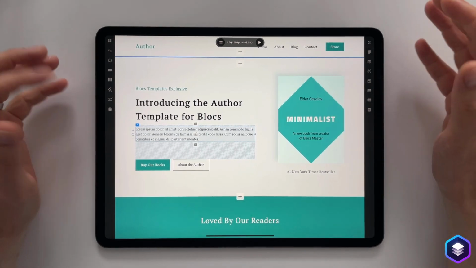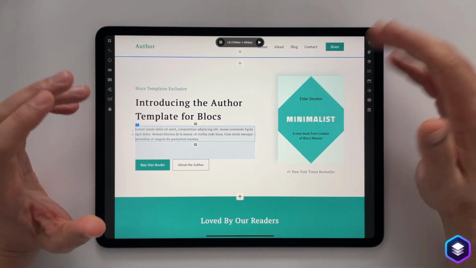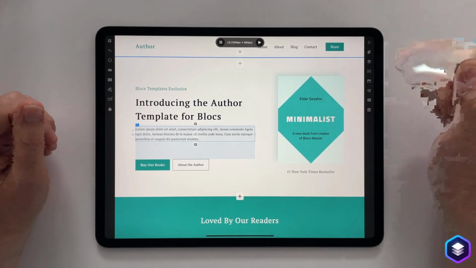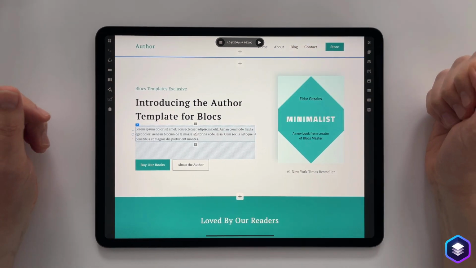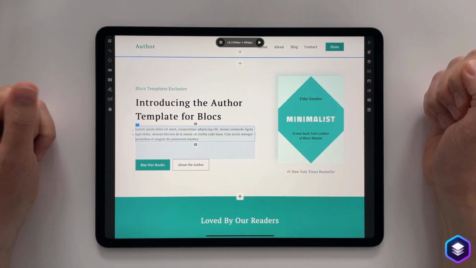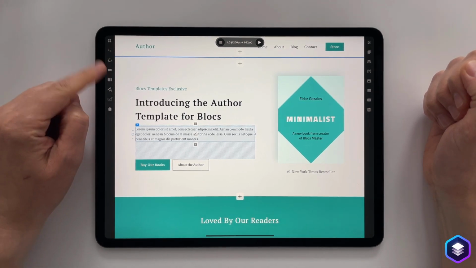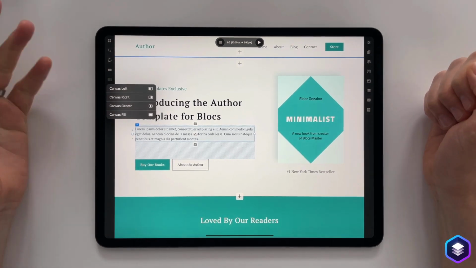So we've talked a little bit about the flexibility of the interface and how we can manipulate the sidebars and make them way more flexible on the iPad. We also have a workspaces feature built into this version of Blocks. So the workspaces tab is over here on the left. If I just touch that, we get some options.